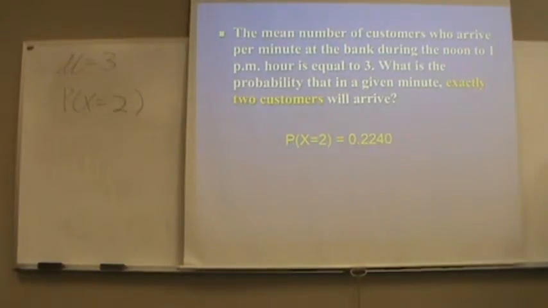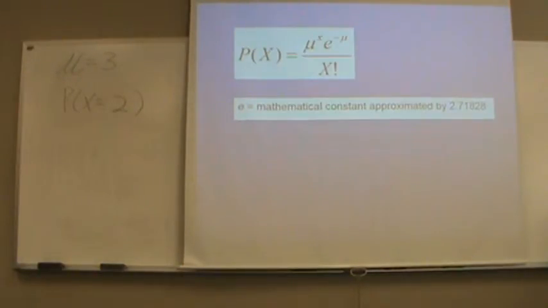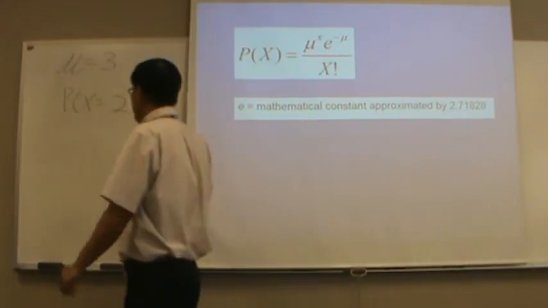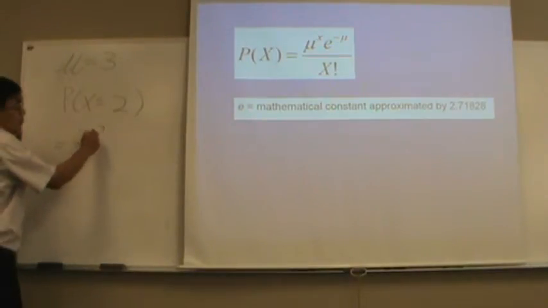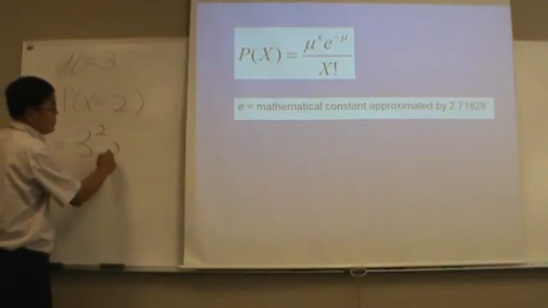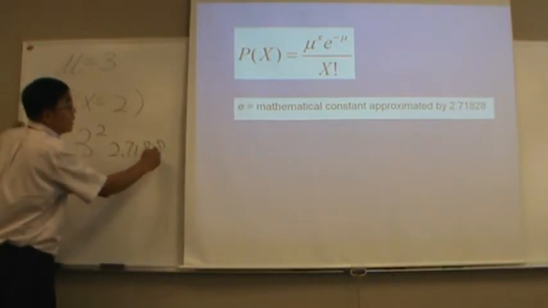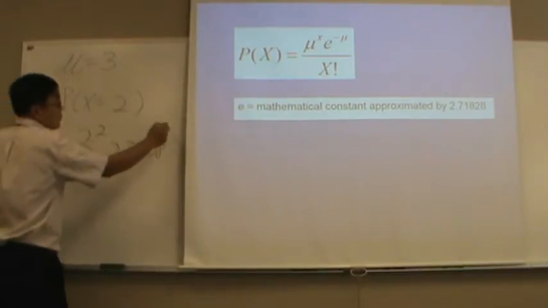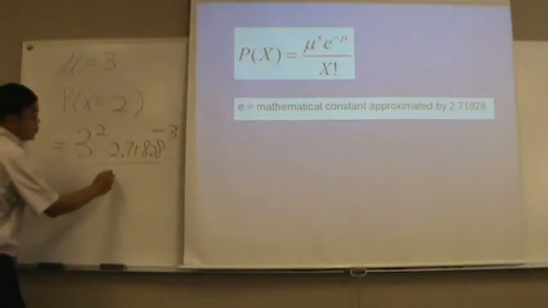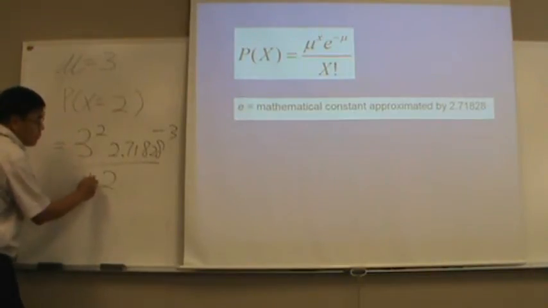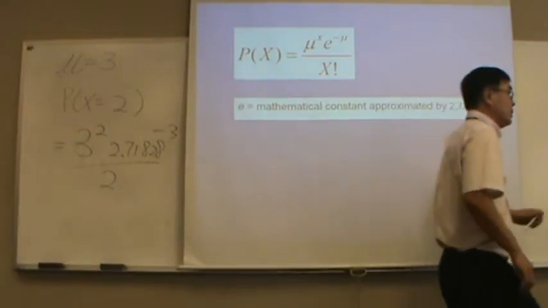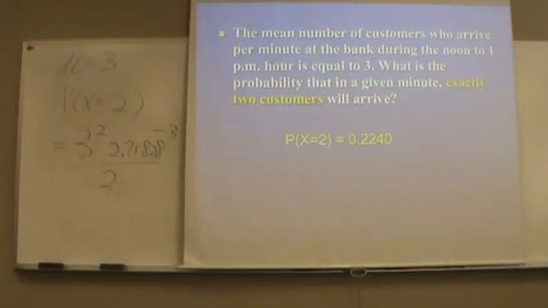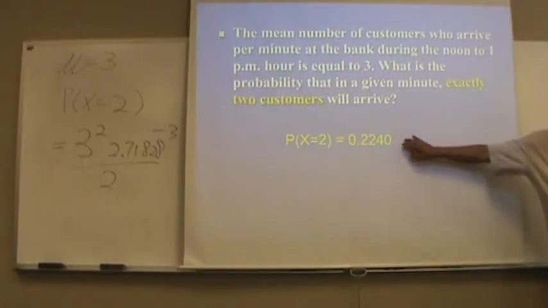If we use the formula, this one equals 3 squared, e is 2.71828 to the power minus 3, divided by 2 factorial. 2 factorial is 1 times 2, so that is 2. So using this formula, you can get this result,